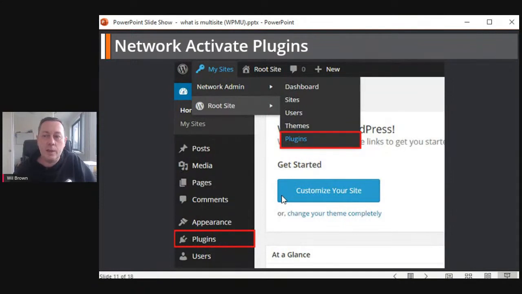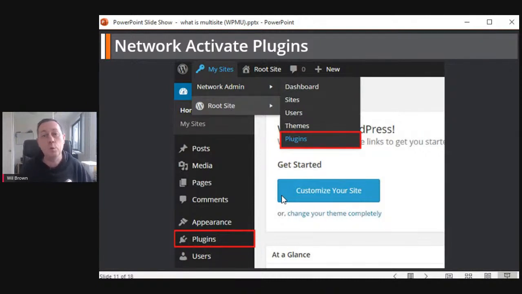I guess the first thing after you've done all that setup is you want to go and install all your plugins that you need for all these sites, and you need to network activate them. So there's kind of two ways to think about these websites. Within your admin, you can see the dashboard there. You can actually, under My Sites, become the network admin. So that's where you want to go first. It's network admin, and that goes to the network admin dashboard, where you can install themes and plugins. And then there's a special button that you click. It says network activate, and that means that those plugins and themes are available to the network of sites,